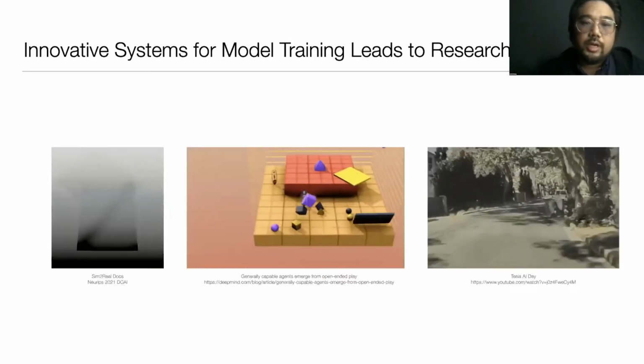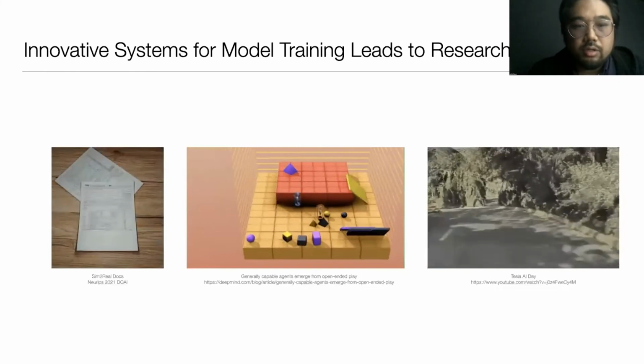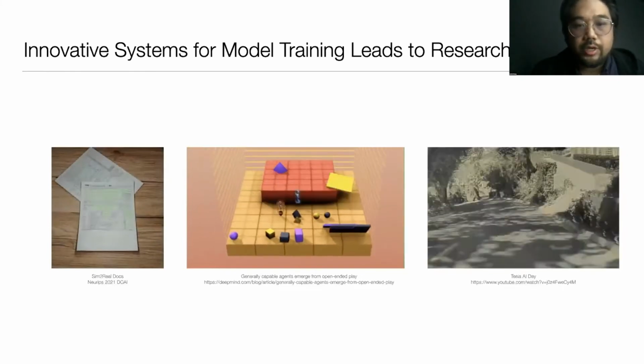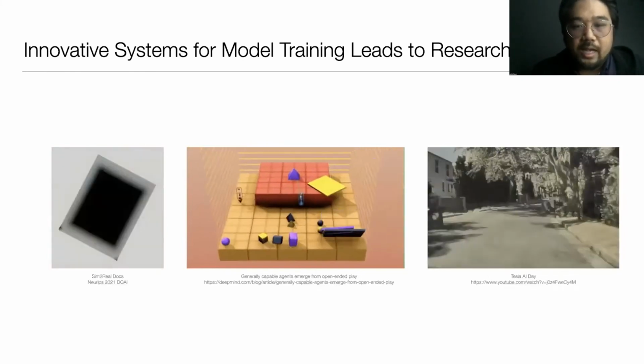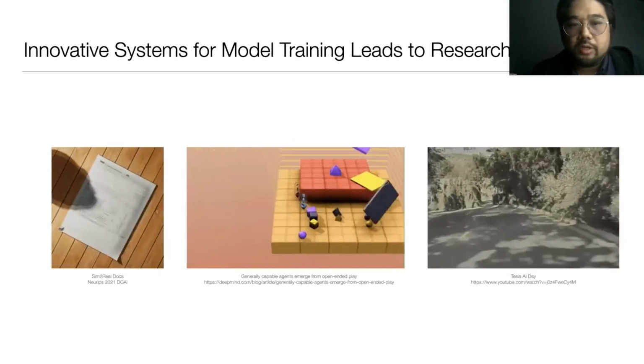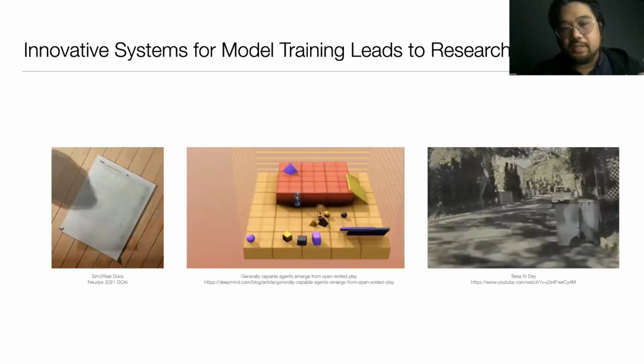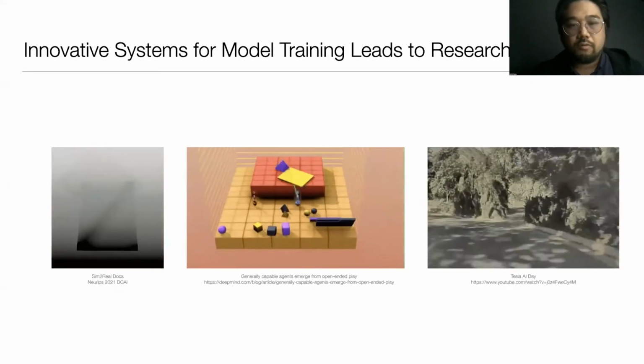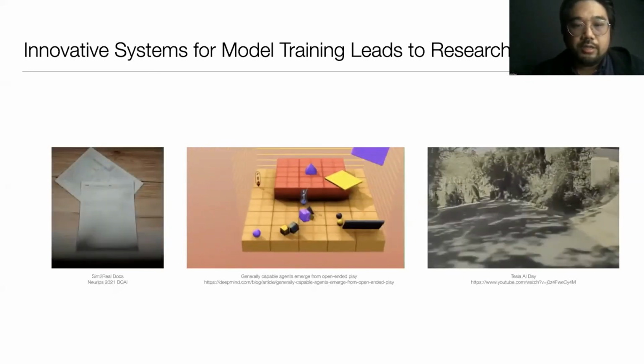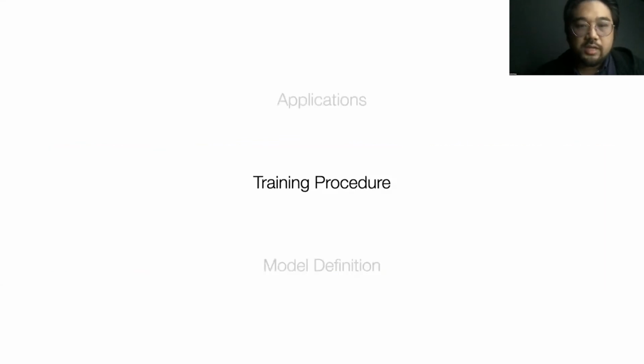We can also insert things like simulators into the loop of the training process as data generators. And so you can have entire physics engines, game engines, rendering engines be part of that training loop. All of this is to say the training procedure is also all about composing systems of combining data and how you use that data in the optimization that we talked about.